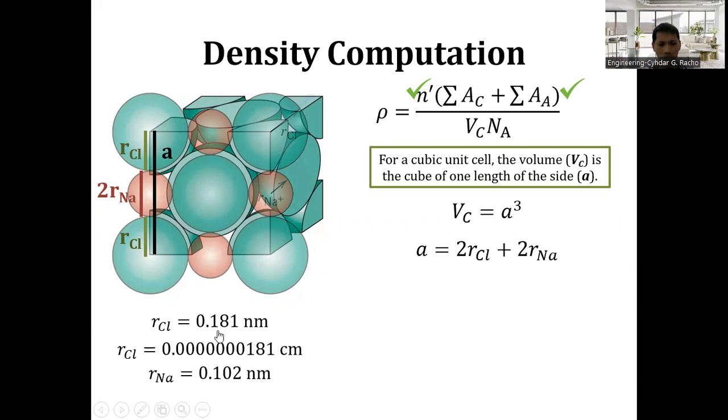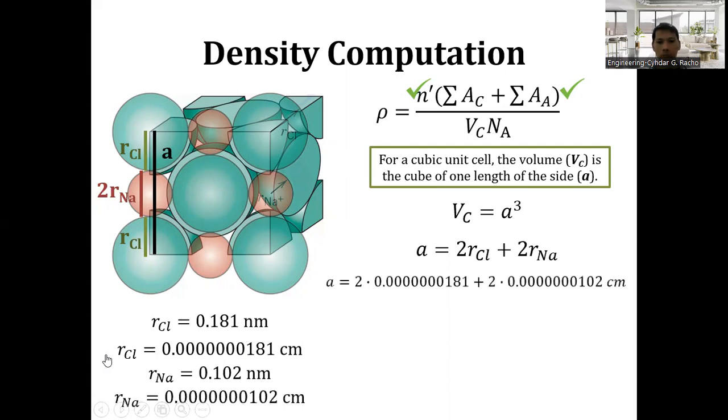For you to be able to easily write this, you can make use of scientific notation. Nanometer is times 10 to the negative 9, so you can just write it in that manner. That is also acceptable. But for the sake of illustration, I just write it as 0.00000000181. Same with the radius of